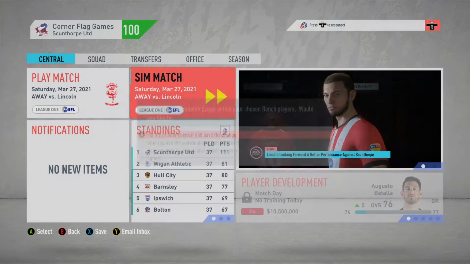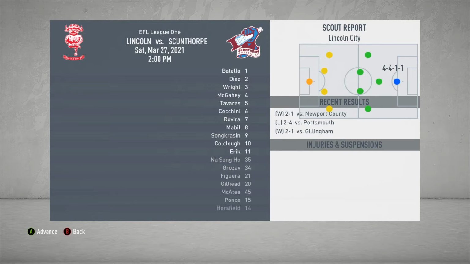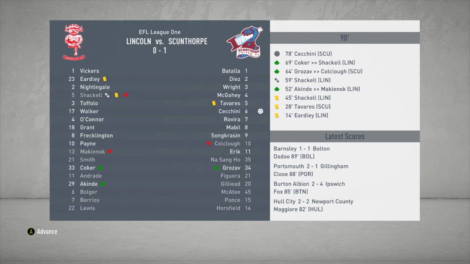Okay guys, so moving on into one of the 2 final games of this episode, and we are away to Lincoln City on Saturday the 27th of March. We'll just auto-replace for this one. We will be running out the first team with a couple of changes to the bench due to the fact that we have some internationals out doing their international duty. So we'll sim straight through this one, and it is a 1-0 win,